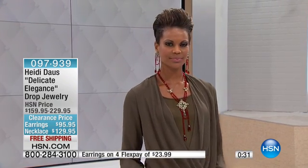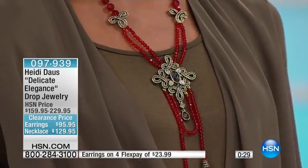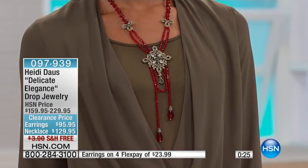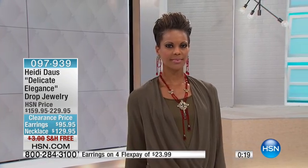So an exceptional opportunity today. Beautiful design, gorgeous color. I think it's the only thing we've offered for you in this intense red tone, and really just another work of art, as all of Heidi's pieces are. As we said, I mean, they're one-of-a-kinds. They're works of art. She has so many of her pieces that are really still, as we mentioned, in a lot of your high-end, thank you very much, stores literally around the world. All right, so we